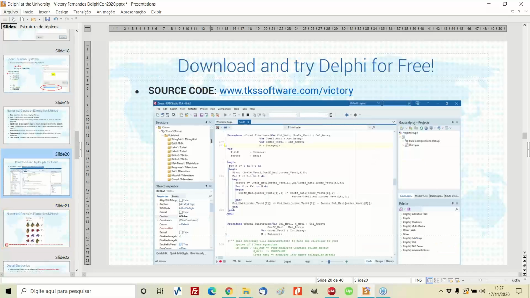If we go through the source code of this application, and those of you who do not have Delphi installed can download and install it for free, you will be able to download the source code too. During this week, I will post it on my blog. You will see there is nothing special in this application other than ifs, elses, fors, and loops. Just that, nothing more. And we are working with matrices.